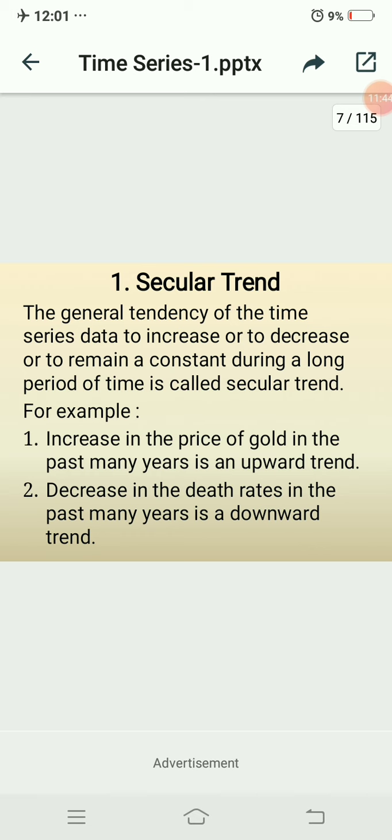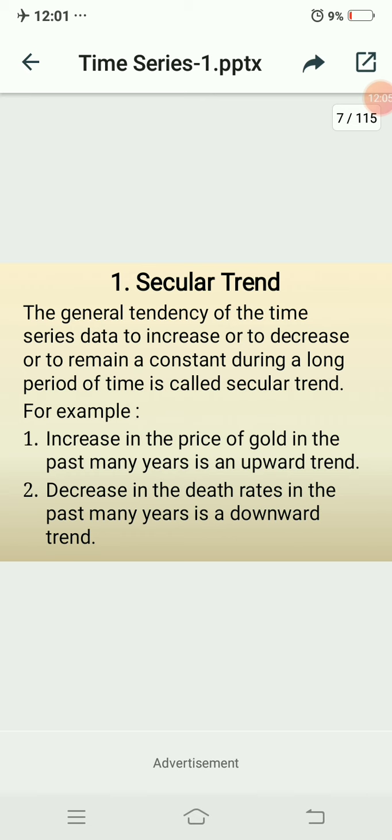But here the gold rate is always more, because the demand cannot decrease, it is always constant. And similarly the population rate is also in the